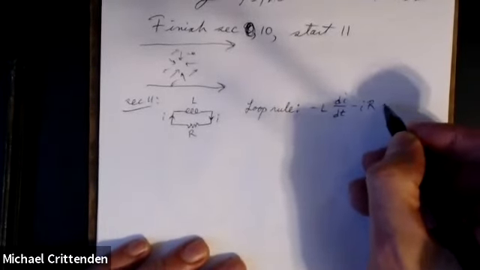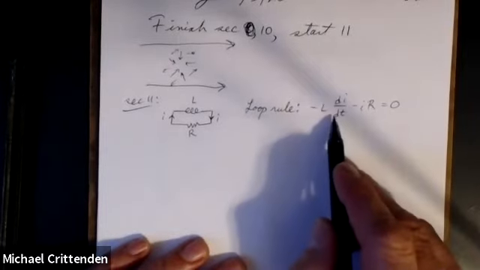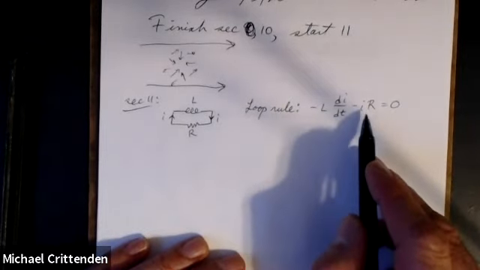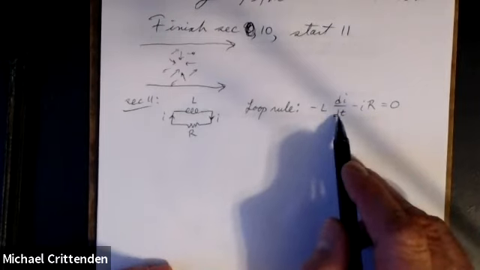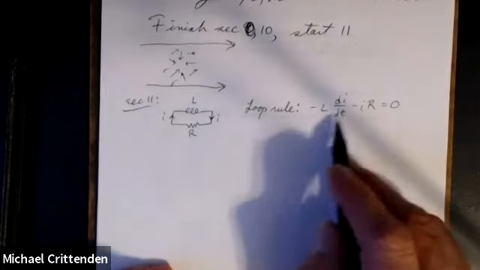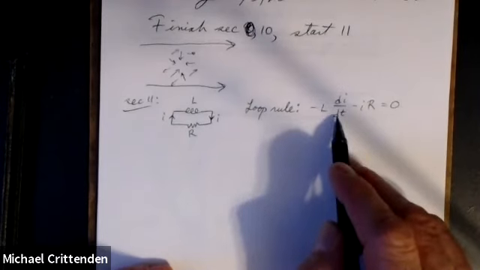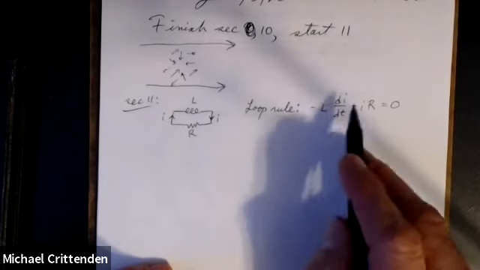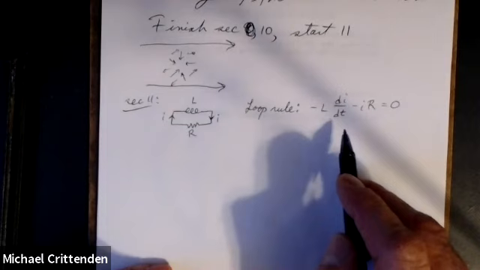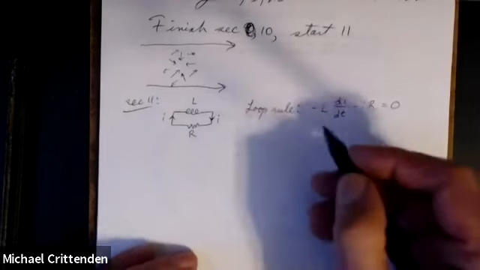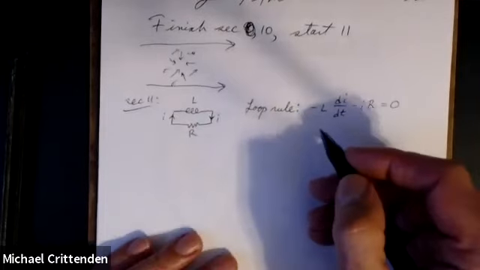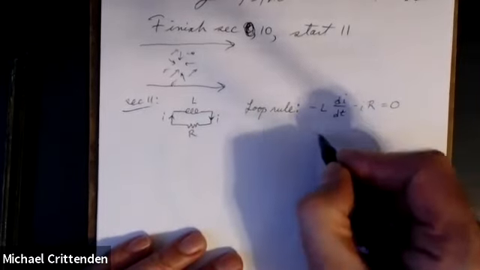So minus IR, Ohm's law, equals 0. Voltage across the inductor, voltage across the resistor. Of course, di/dt would be negative if the current was decreasing, which is the case we're talking about here, and that's how it adds up to 0. Anyhow, a couple lines of algebra, we got minus